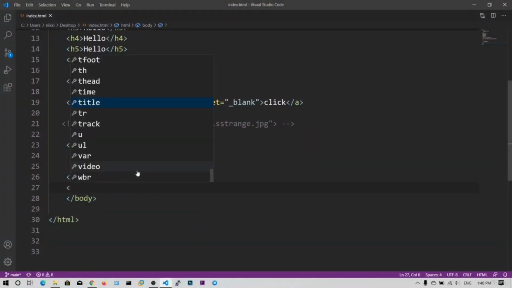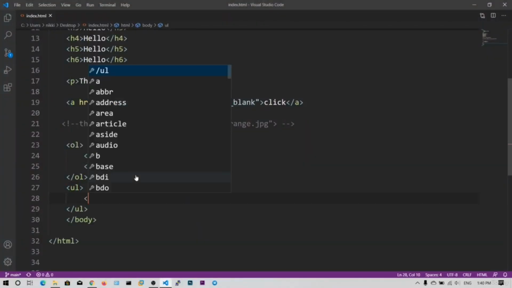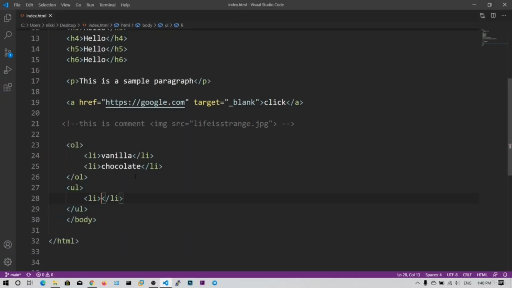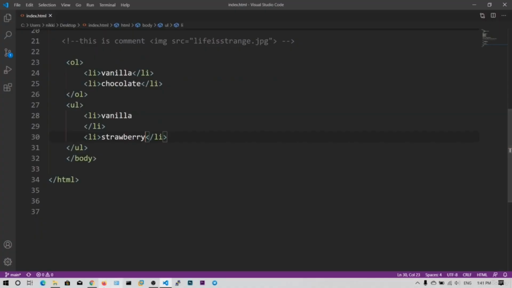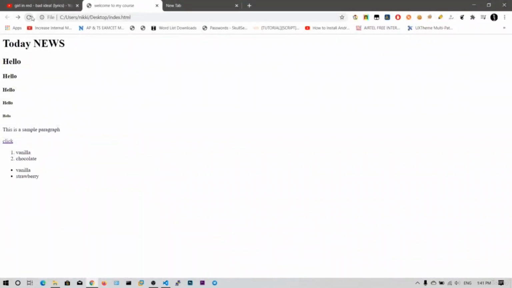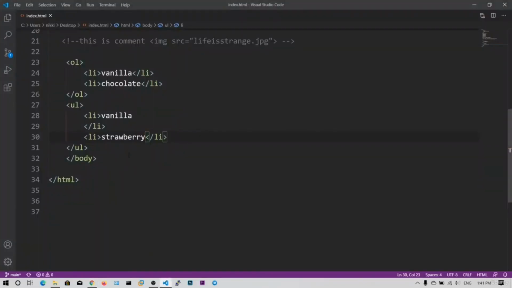So you can also create the unordered list. If I say list, I'm going to take almost similar examples. You can see the unordered list contains just the dot. In the ordered list we have the numbered sequence, and these are some of the basics of HTML. And I want to show you